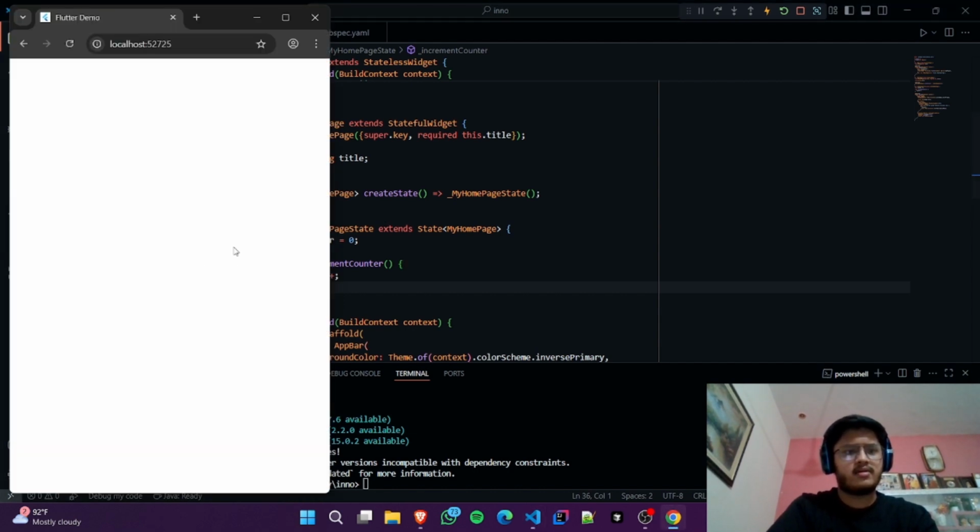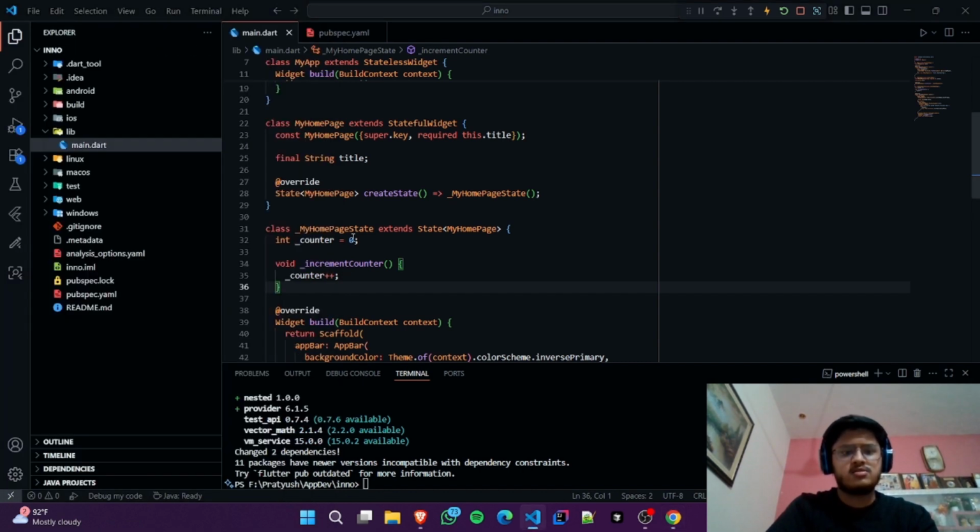I don't have an error, right? No, I don't. Yeah, the increment button doesn't work because setState, क्योंकि जब आपका increment counter कॉल हो रहा है